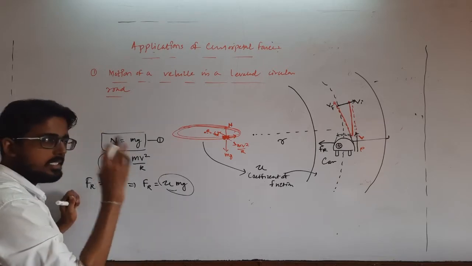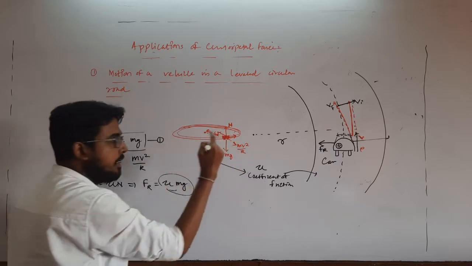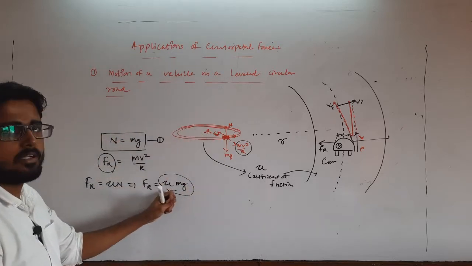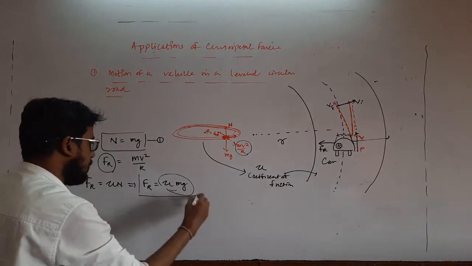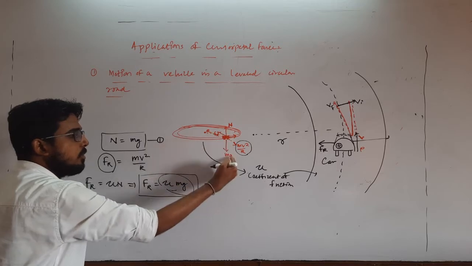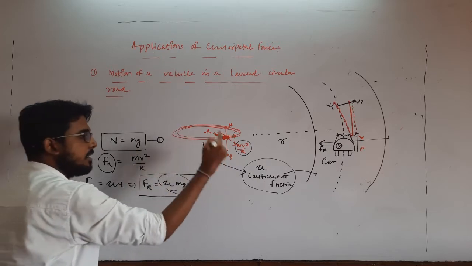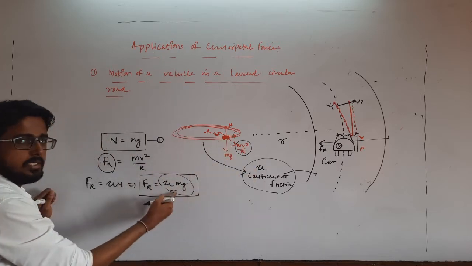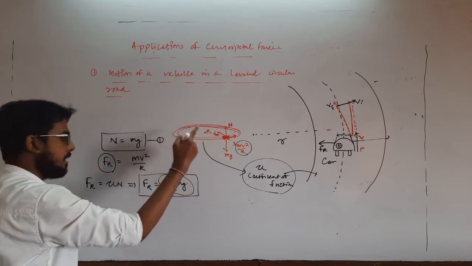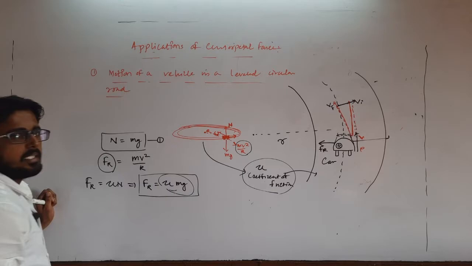Clear? That's why for taking safe turn along this road, if the centrifugal force is balanced by the frictional force, then the value of the centrifugal force must be less than or equal to the maximum frictional force offered by the track or road, and this maximum frictional force is equal to mu mg, because the normal reaction in this case is equal to mg and the coefficient of friction for this track will be mu. So the maximum frictional force offered by the track for this vehicle will be how much? Mu mg. Clear? So the centrifugal force acting on the vehicle must be less than or equal to this much amount, then only the vehicle can take a safe turn.